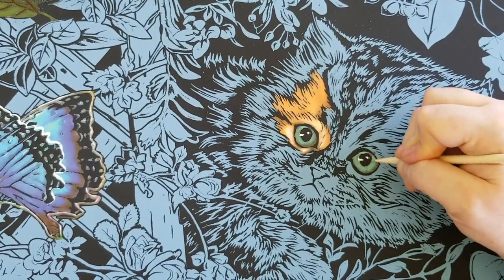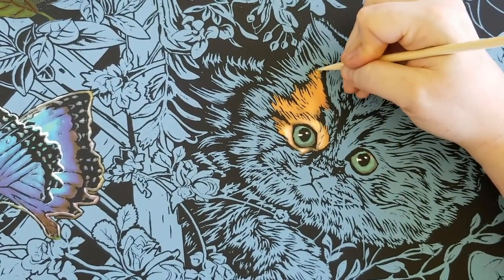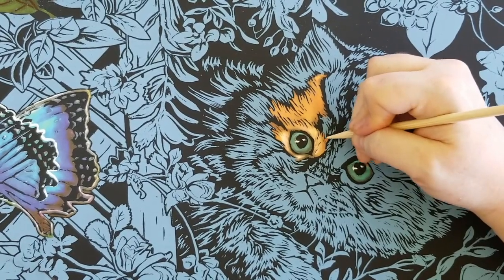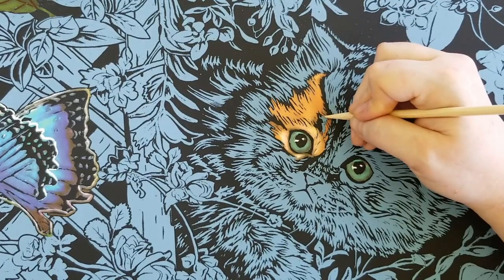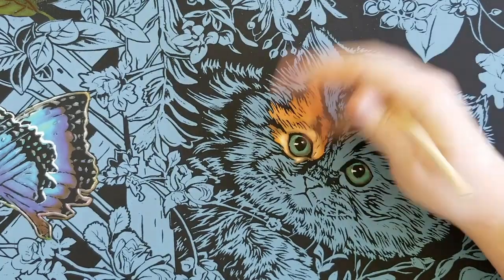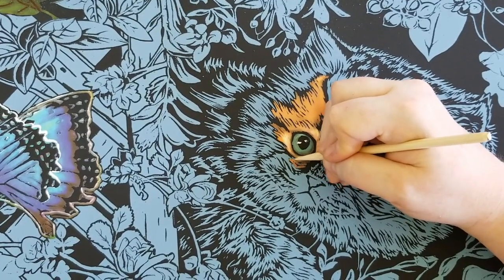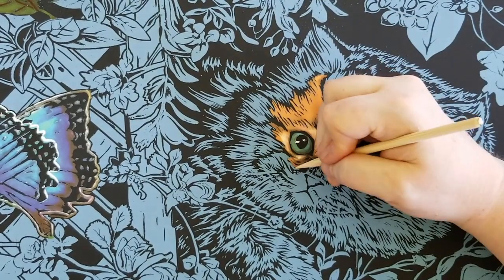So, aren't those eyes gorgeous? Oh my gosh, the eyes were so pretty. I felt so much better once I started on this cat. I was still kind of iffy about this. Definitely having issues with the fine lines of black, but man, when I hit this cat, I was like, oh, this cat is gorgeous. This is pretty. I can do this, and I really started enjoying it, I think, at this point. So I started hitting my groove. But anyway,